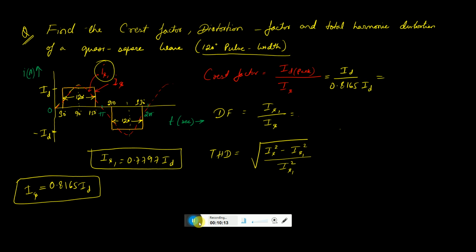And for the distortion factor, IS1 is 0.7797 Id divided by 0.8165 Id, that gives us nearly